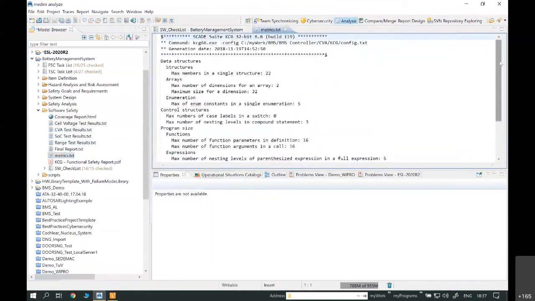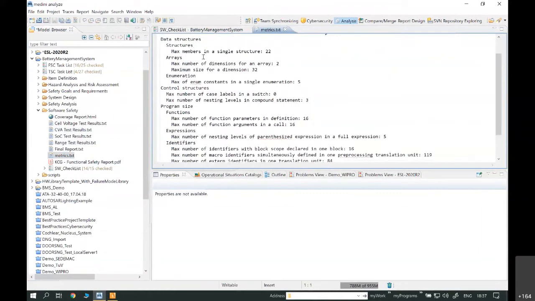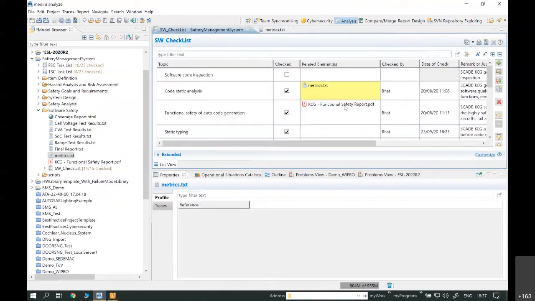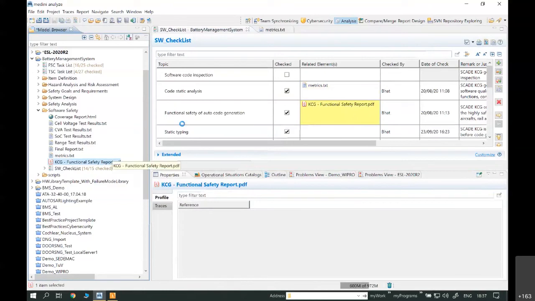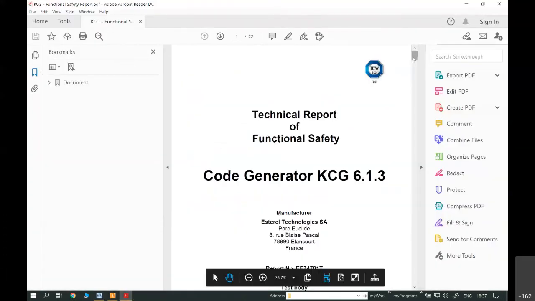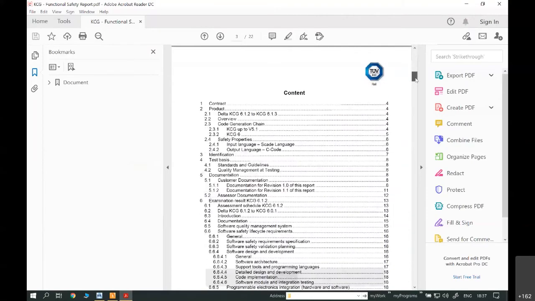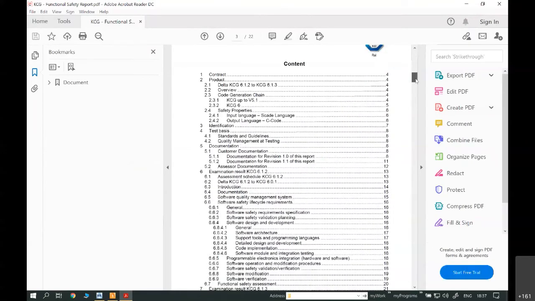So here you see the tool is giving me the data about the maximum members in a single structure, number of dimensions for a maximum, whatever. So you have plenty of such parameters that are automatically generated through the tool. And then you have this document that explains how the functional safety compliance is achieved through automatic code generation. And this is a document that is certified, the technical document supported by TÜV analysis. So you have detailed information about how you trust that the generated code is compliant to safety standards